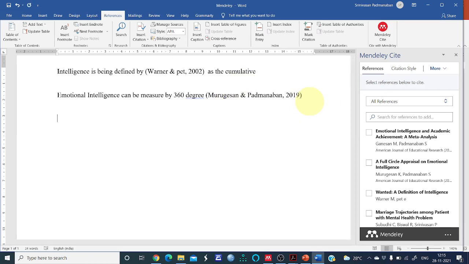Now likewise, let us go to the last one. That is a positive correlation between emotional intelligence and academic achievement.